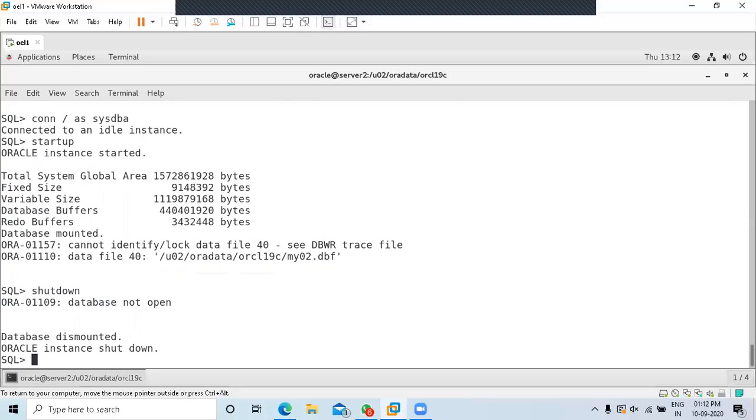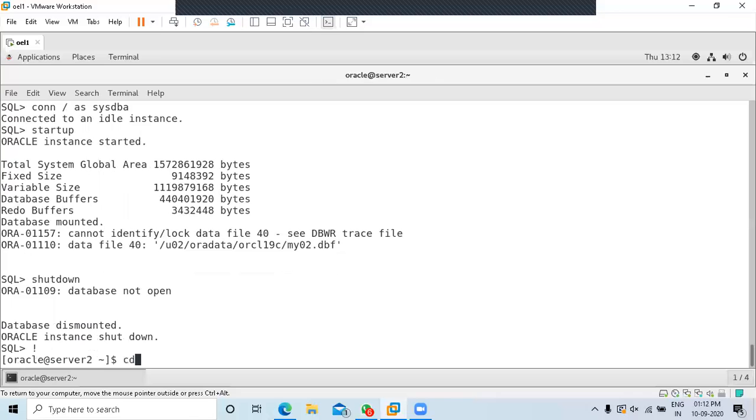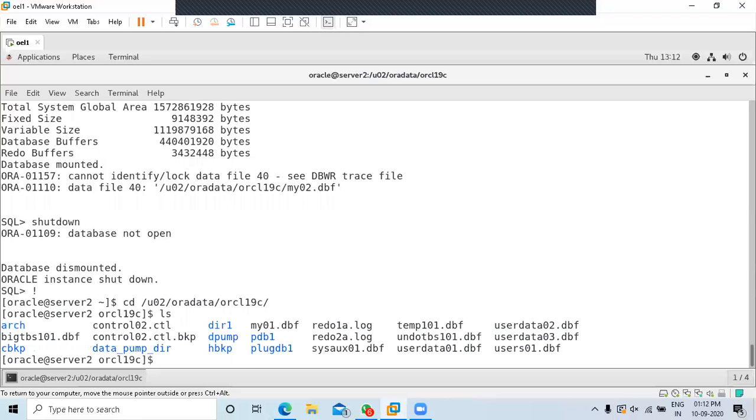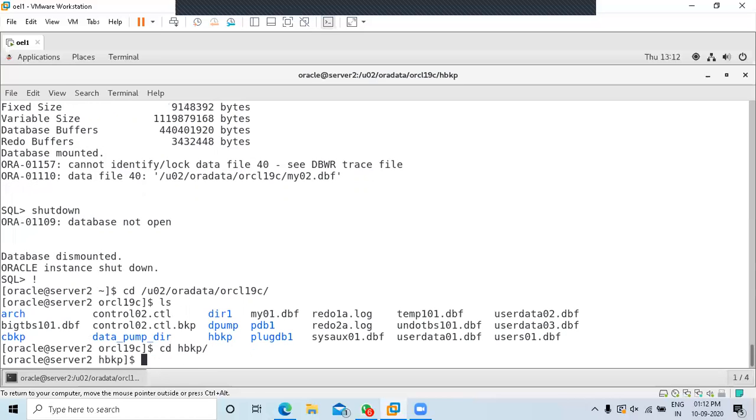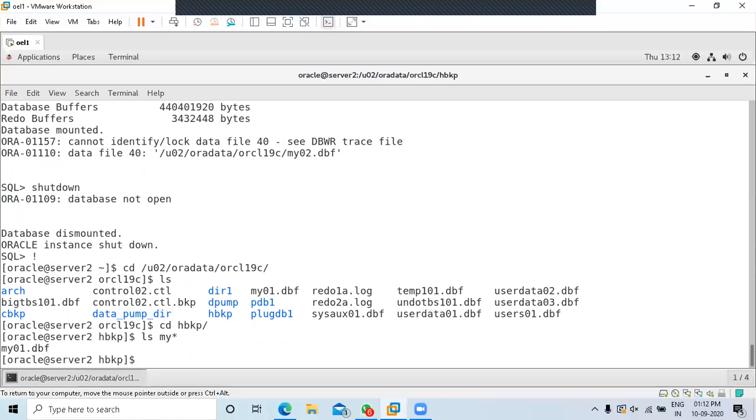In such a situation where you have no backup, let's go and see whether I have a cold backup or hot backup of this file. U02 oradata ORCL19C. Okay. Go to my backup HBKP, ls my*. my01.dbf is there. my02.dbf is not there in hot backup, nor is it there in cold backup.